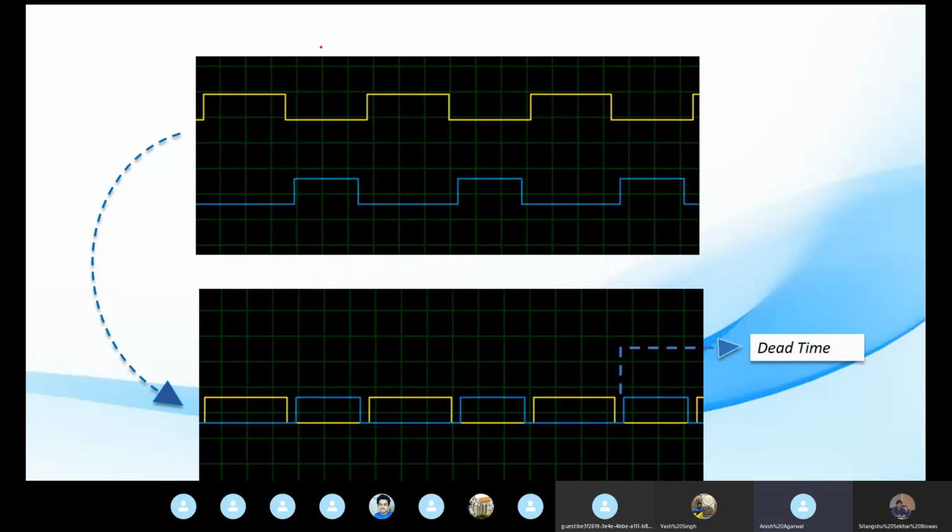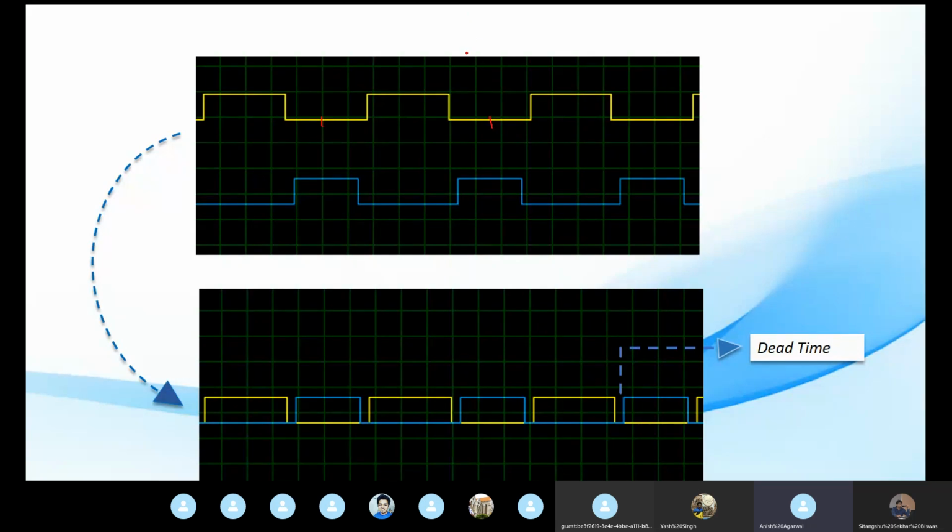All right. So now here what I'm going to explain is dead time. Suppose in the first wave I say that it remains on for 50% of the time and it remains off for the other 50% of the time. So the yellow wave, as you can see, is on for 50% of the time and off for the rest. So let us consider this as the inverting wave and the blue wave as the non-inverting wave.